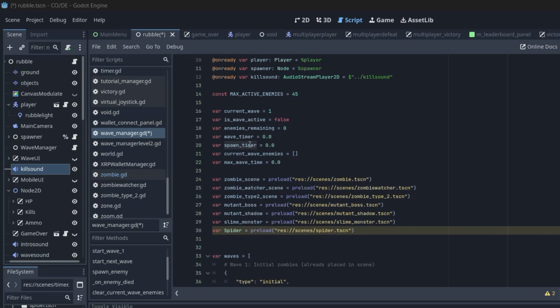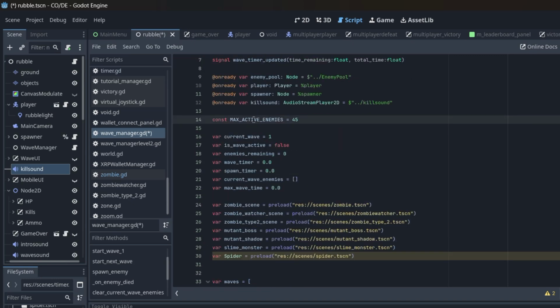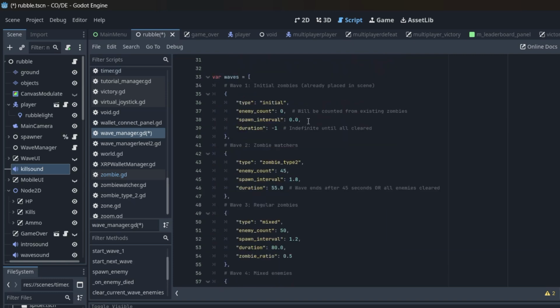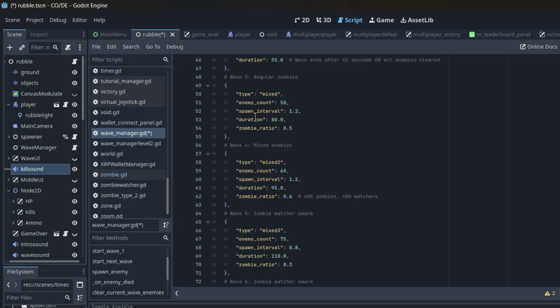right? So spawn timer is set to 0 and there is a max number of enemies that can be spawned. So in this case I used 45. So once the 45 spawned enemies were eliminated, they were recycled instead of new enemies being spawned. And for each wave there is a spawn interval set,